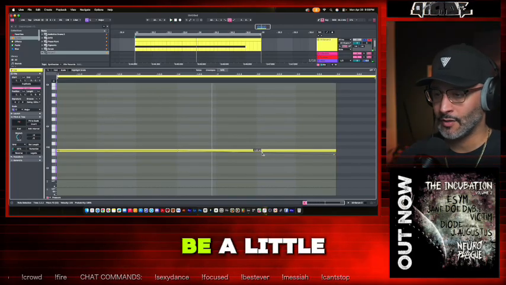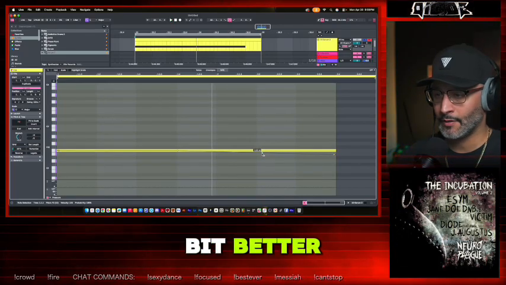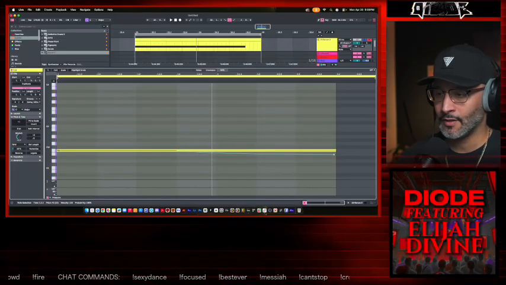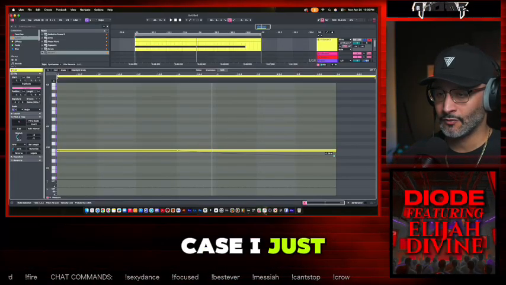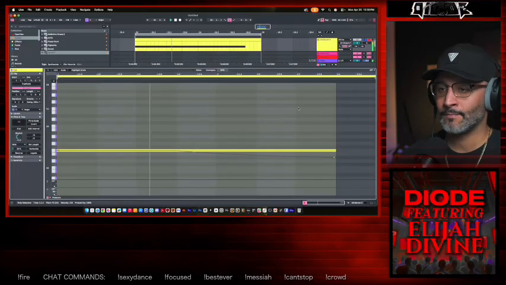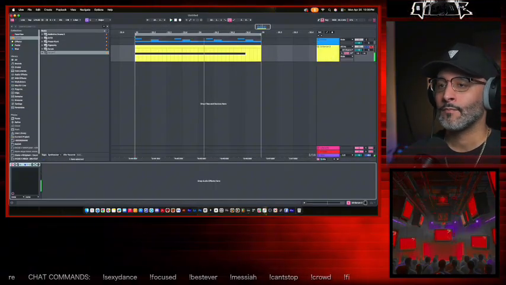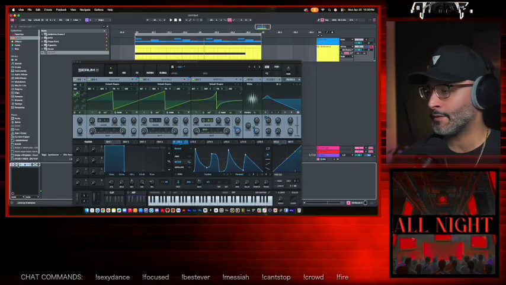If you want this curve to be a little bit better, you would hold the Option key to make a nice curve. And in this case, I just want to bring this down maybe one more. And then